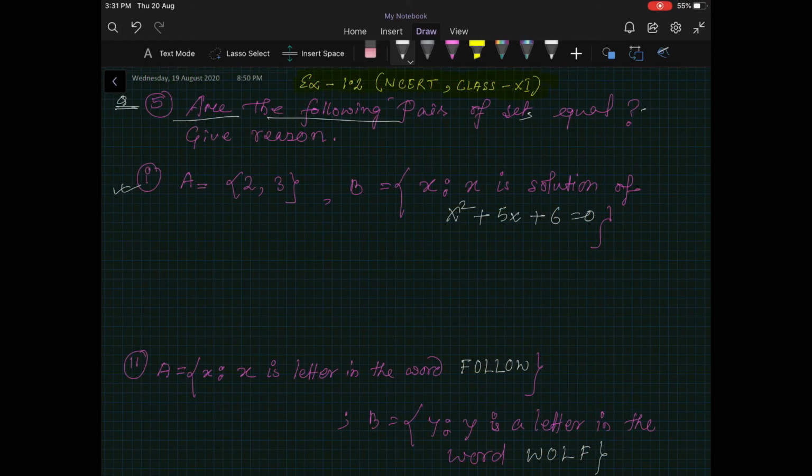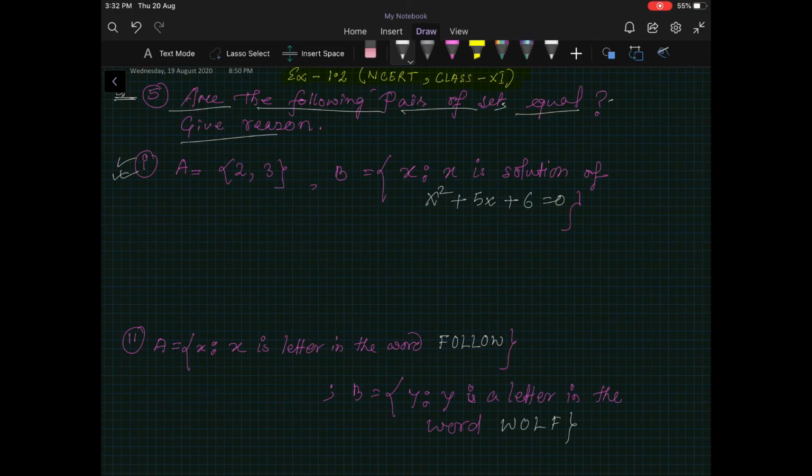So this is question number 5. Are the following pair of sets equal? Give reason. So we have to check whether these pairs of sets are equal or not. There are two sets here, set A and B. Here also A and B. We have to check if they are equal or not. If they are equal, we have to give a reason. So here you see first